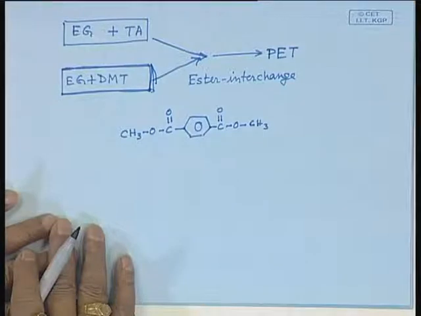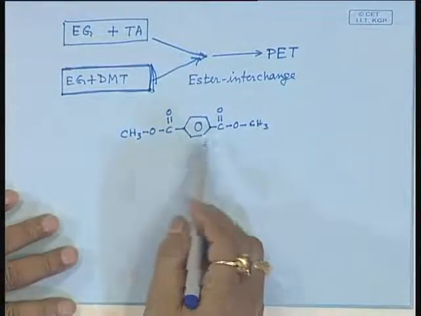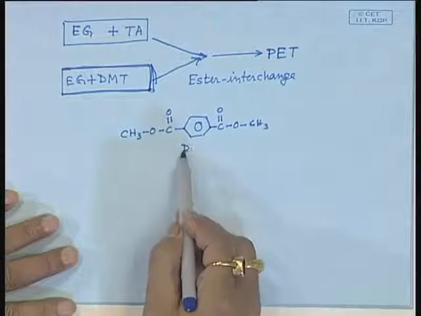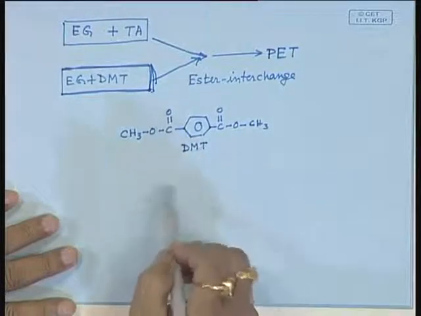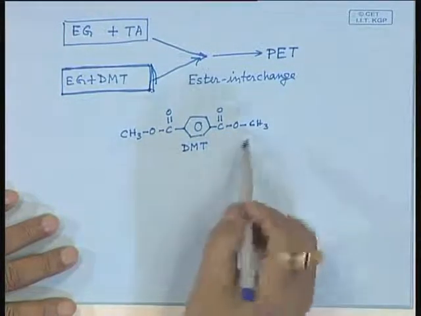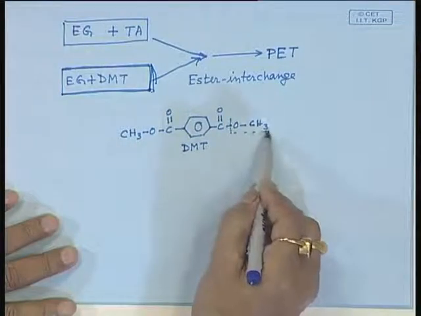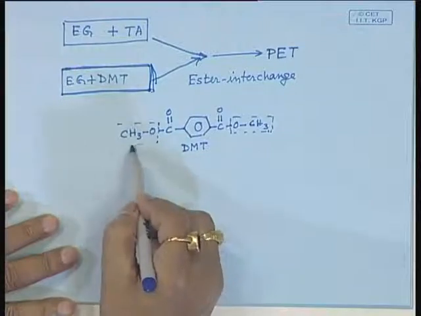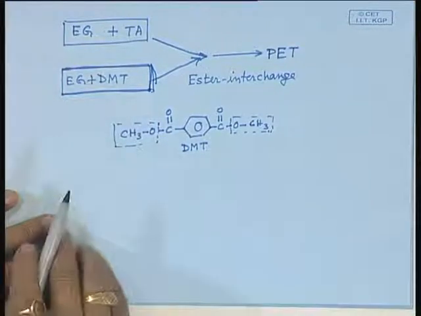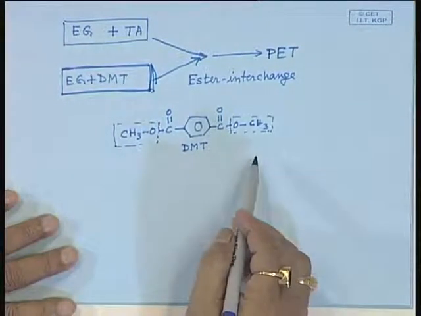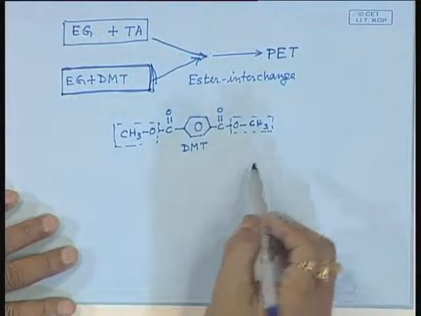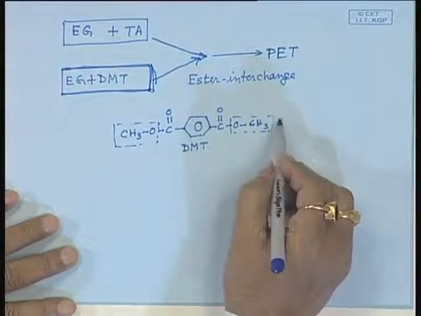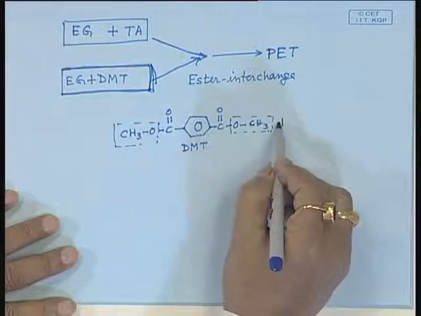In this DMT, dimethyl terephthalate, this is the ester group and this part is the alcohol part. These are the two alcohol sides. Now, when these alcohol parts are replaced by